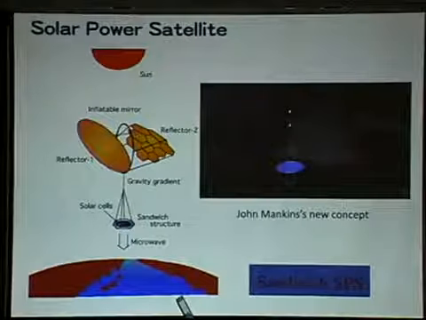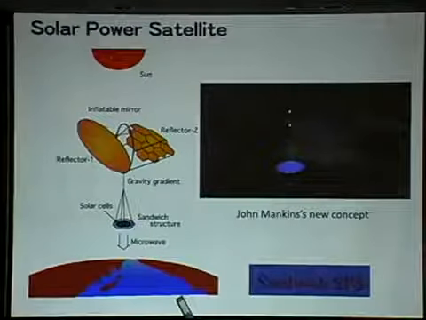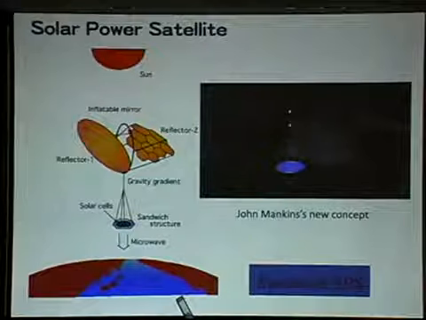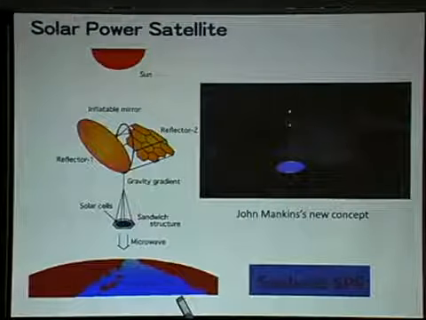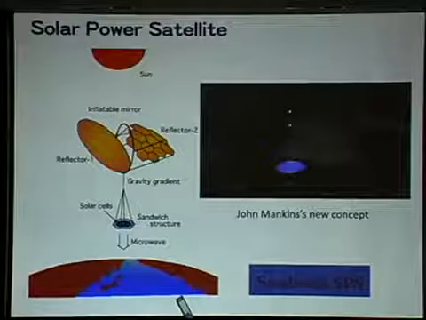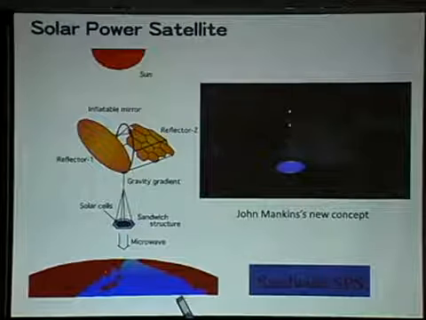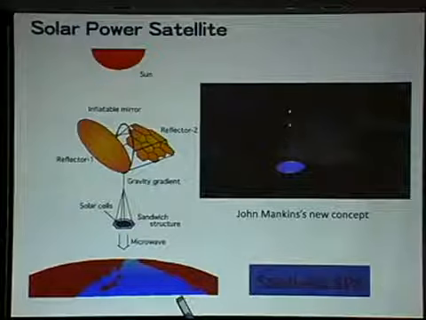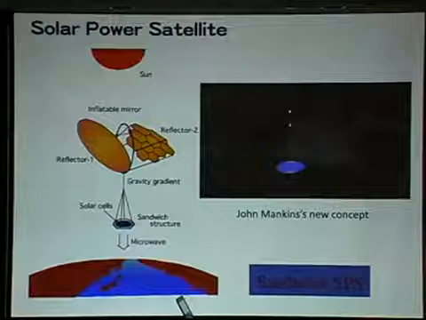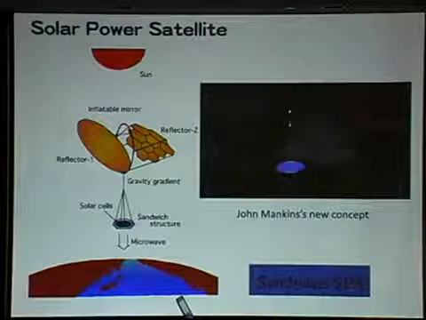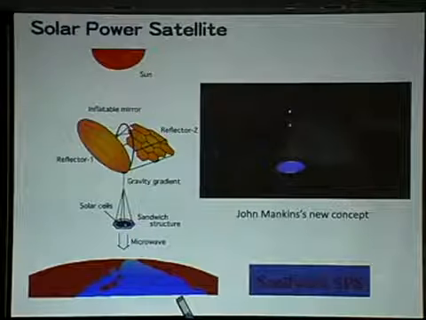microwave power transmitter. Solar energy is reflected twice and concentrated on the solar cells. Electricity is generated by the solar cells and converted to microwaves sent to the ground. So, John's idea is very similar. But anyway,